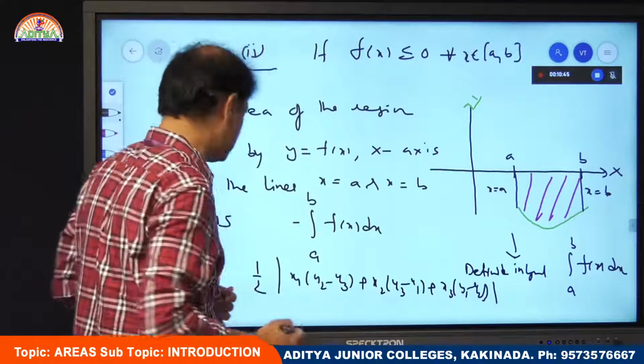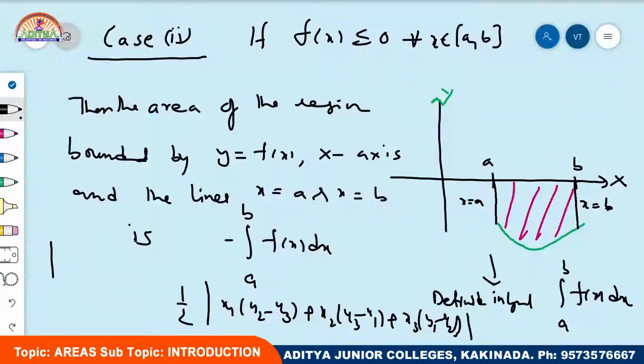Okay, what modulus gives us? All of you know that if you take mod of x, what is this value? x, if x is greater than or equal to 0. That means if this is a positive quantity, there is no need of modulus because it is always a positive one. Suppose if x is a negative quantity, what happens? Since it is a negative, modulus makes it a non-negative quantity. Therefore, you have to take minus sign before that one. Since x is negative, if you are adding minus sign, therefore it becomes a positive.